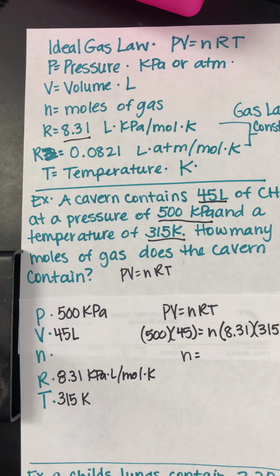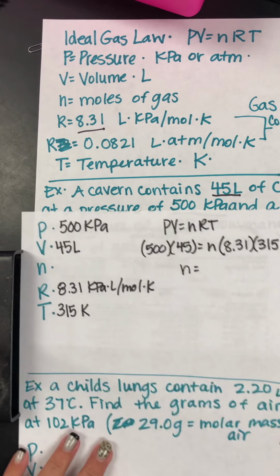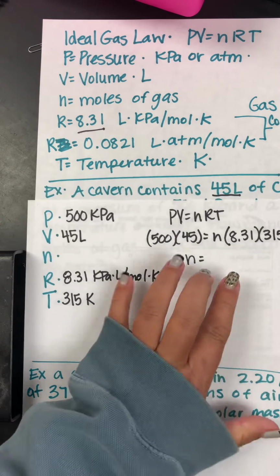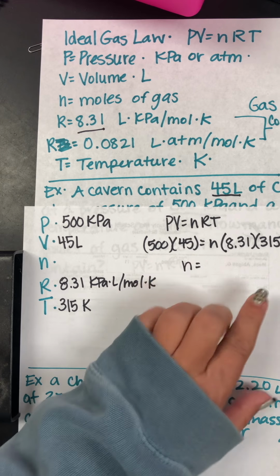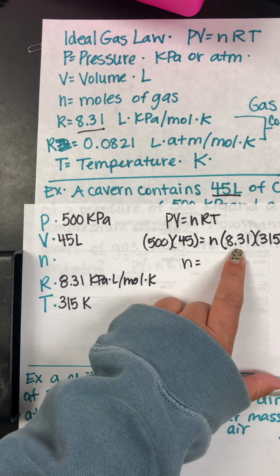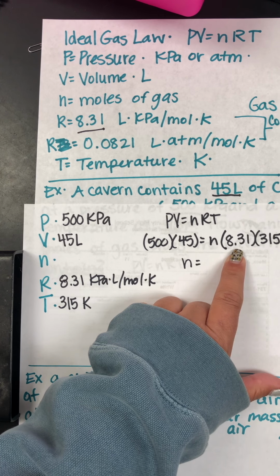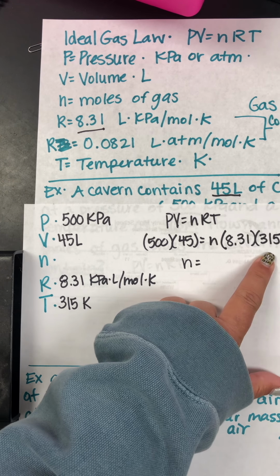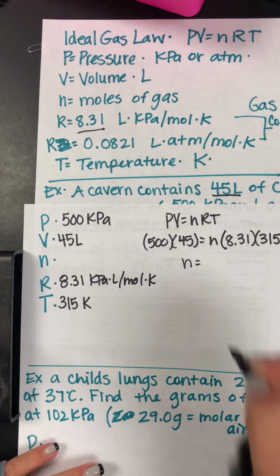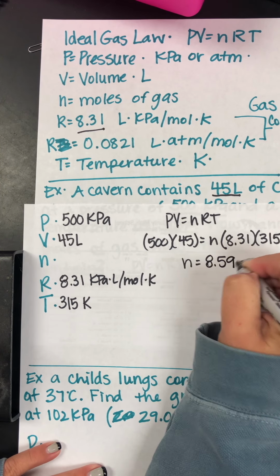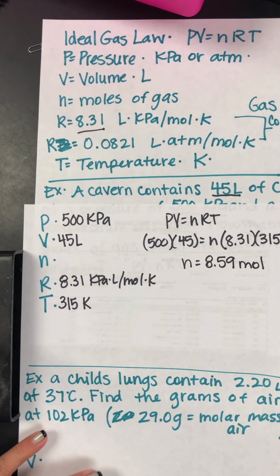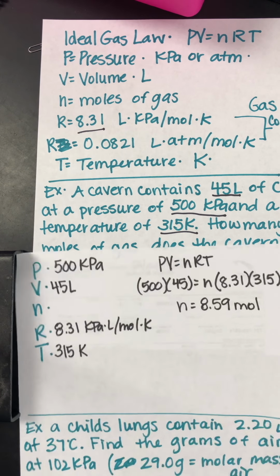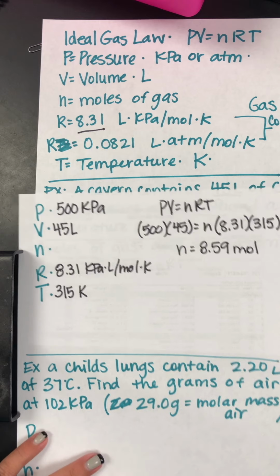When I solve these, since I have N on the right-hand side by itself, the easiest thing to do is say 500 times 45, then I divide by everything that's on the side with my variable. So I'm going to divide by 8.31, then divide by 315, so that I wind up with 8.59, and N always comes out in moles. Now, this question asks for how many moles. Well, you might also get one